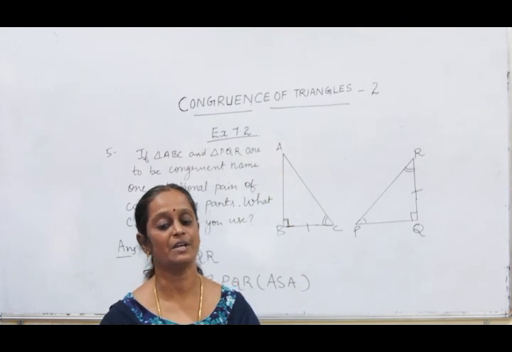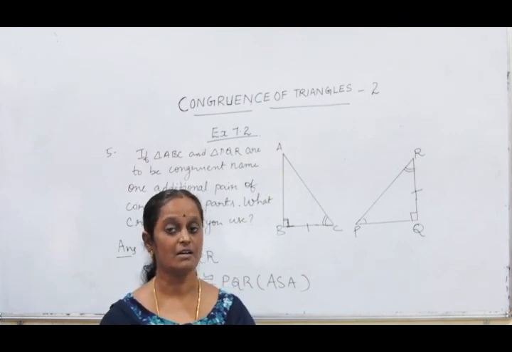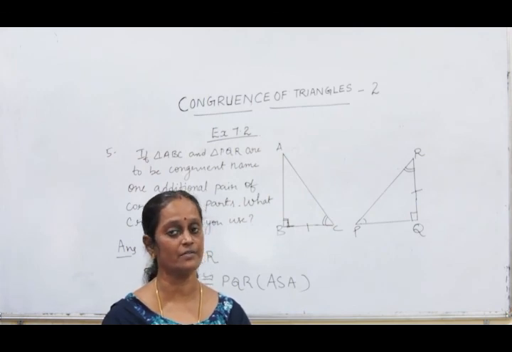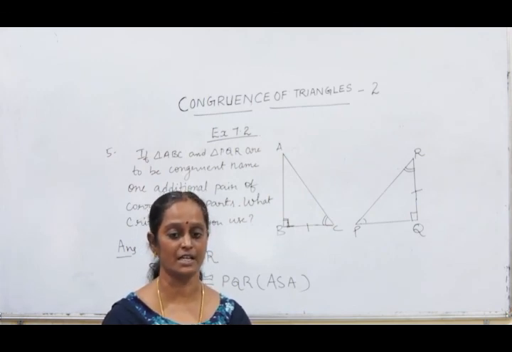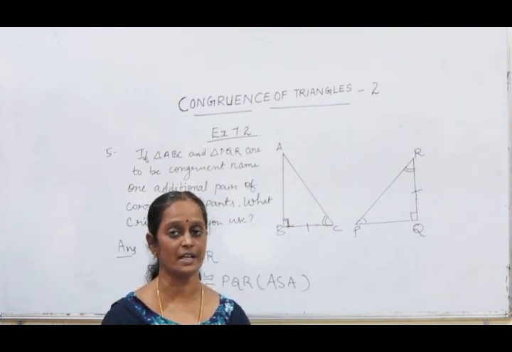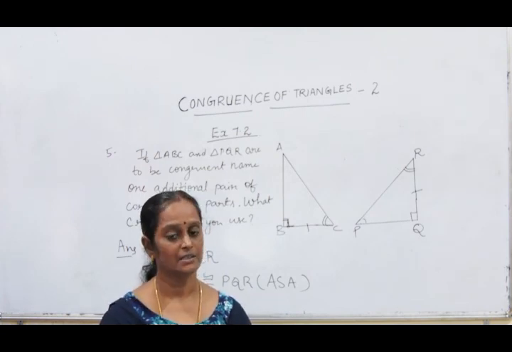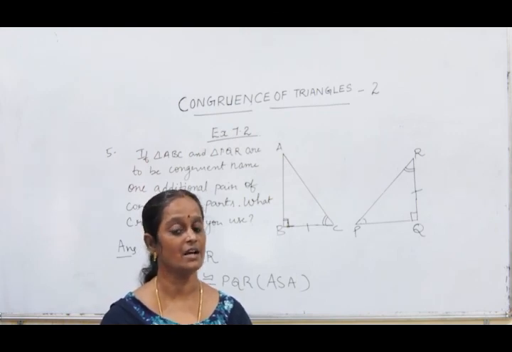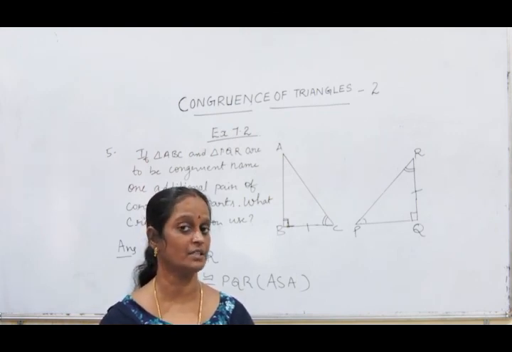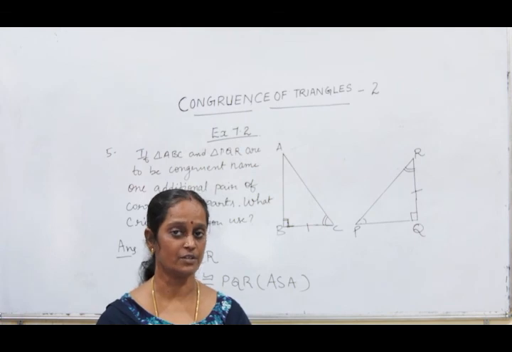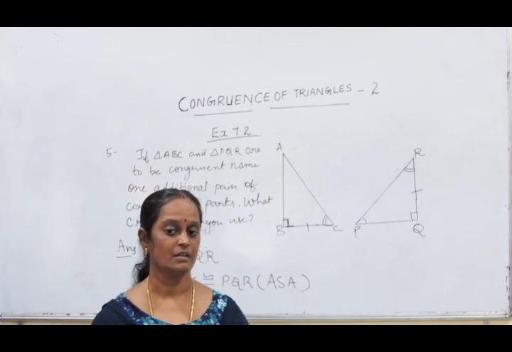Students, in this class we have learned about the geometrical idea, congruence, and congruence of line segment. We have learned congruence of angles, congruence of triangles, and so students, we have also learned some of the congruent criterion, that is SSS criteria, ASA criteria, SAS criteria and RHS criteria, and we have solved some of the questions based on these four criteria. So students, I hope you have understood all the concepts taught today. Thank you, students.